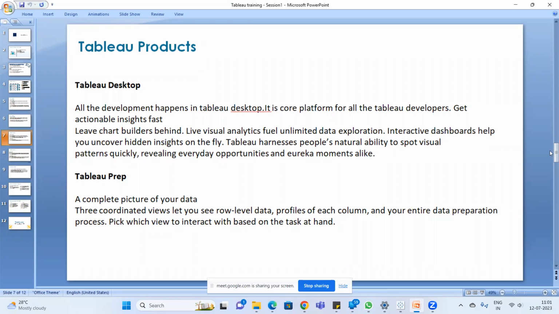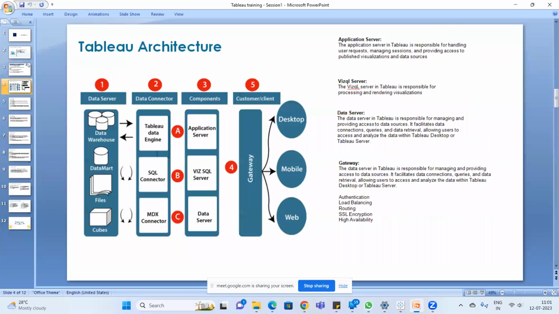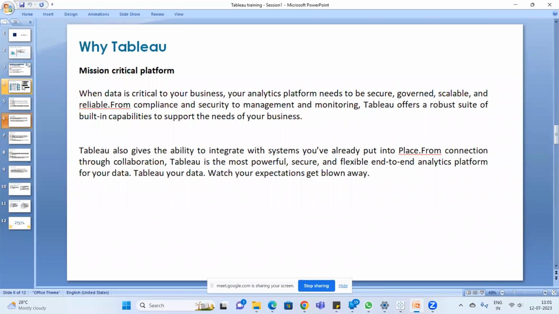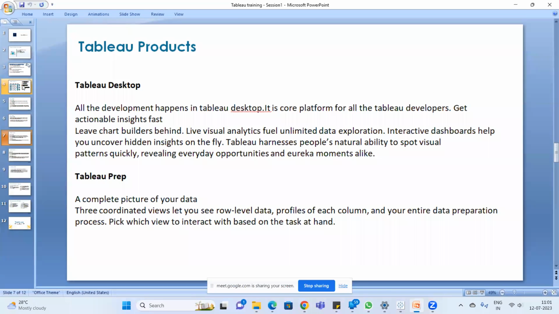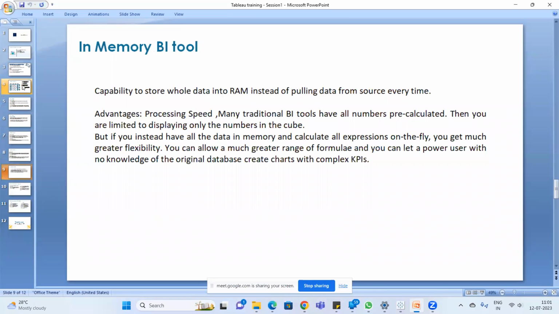So yesterday we discussed the introduction of Tableau, what SQL is, and the Tableau architecture. We also discussed why we use Tableau instead of other tools, how Tableau works in mission critical platforms, and the different types of products. So we discussed all these things in yesterday's session, and today we are going to continue with